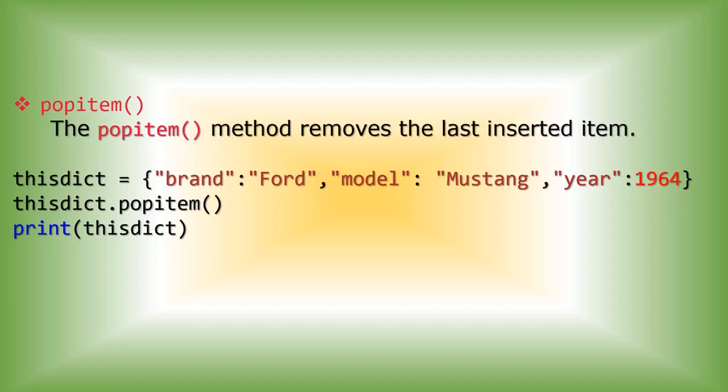The first method is popitem. Pop is a method which we already studied in list and also in tuple. The method pop will remove the last element from the sequence. Here also the method is popitem, which will remove the last element from the dictionary, and the removed element will be displayed also. The removed element also will be returned and can be displayed. I'll show you the example.